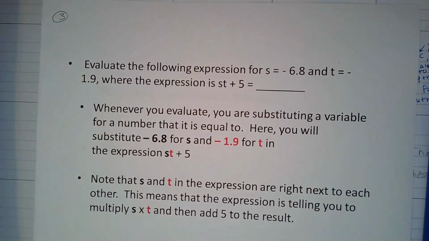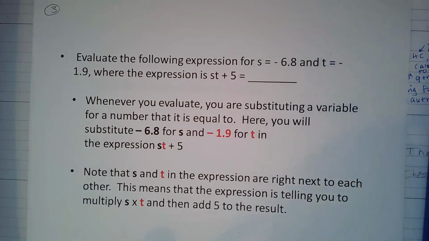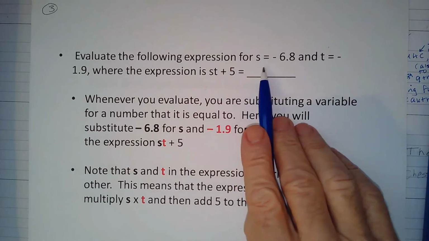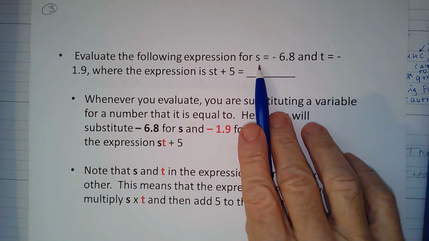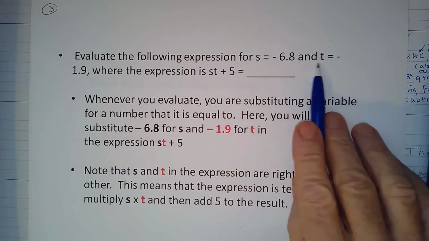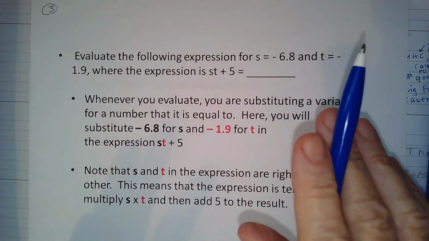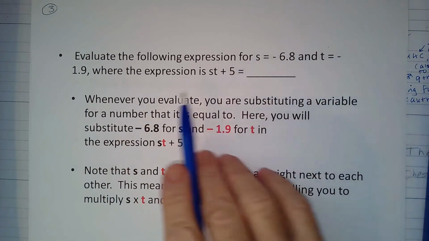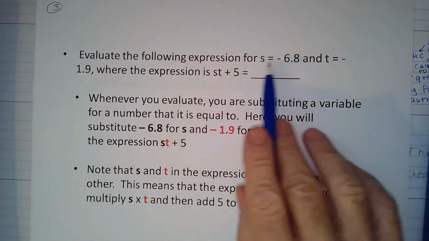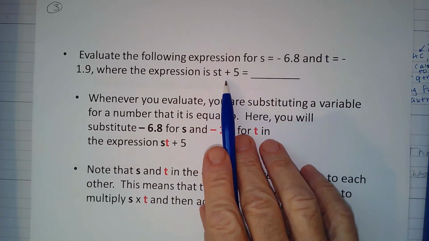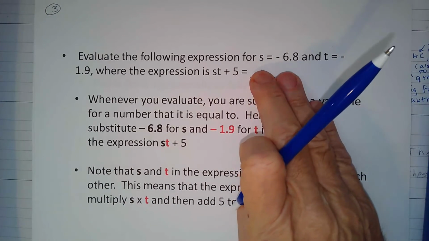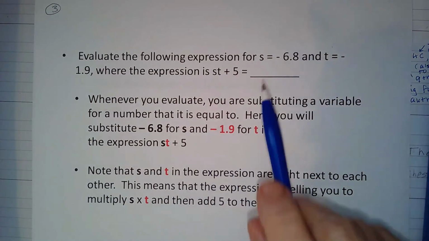All right. Let's move on to the problem we're going to evaluate. So we're going to evaluate the following expression. 4, and now we are given a variable and its value, and a second variable and its value. We could have had just one variable here. There are two in this one, okay? And the expression that the two variables are in is st plus 5 equals, and then we don't have an answer. So this is an expression, okay, not an equation. All right, so